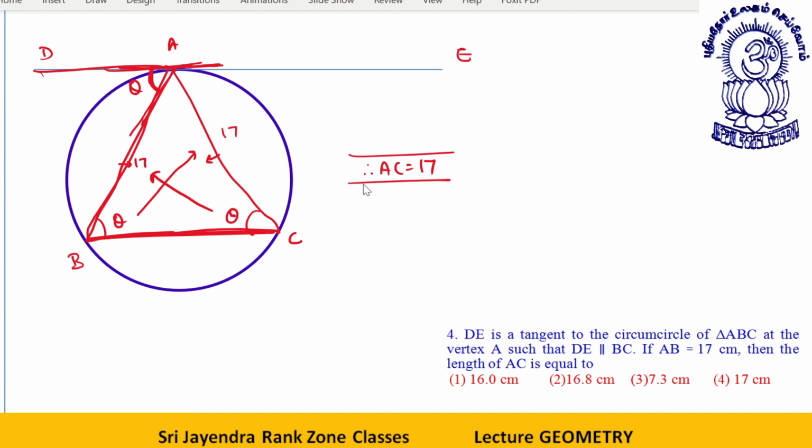Let's move ahead. Should I repeat it? Look, we are given this side as 17. These two are parallel. Once these two are parallel, these are alternate angles, they will be equal. Since this is a tangent, this is a chord, the angle between tangent and the chord is theta. This angle will be the same over here, theta. So these two angles are equal. When the angles are equal, the sides will also be equal. One is 17, the other will also be 17. Okay. Should I take the next one?